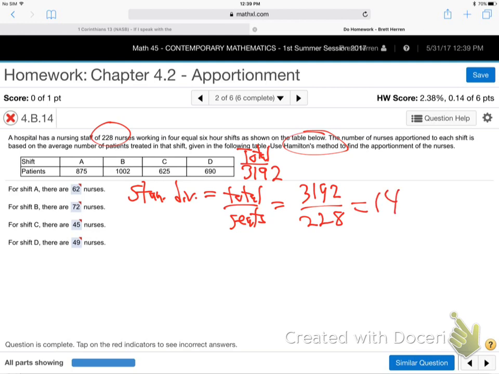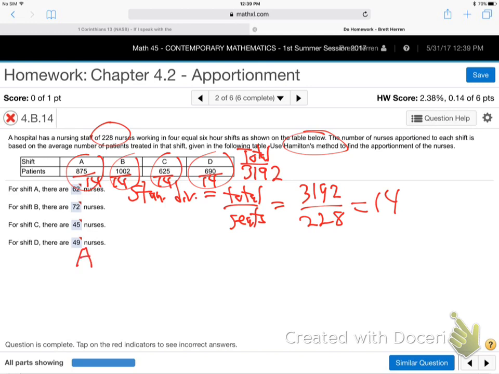So that means you go back and you divide each of these numbers. You divide by 14, divide by 14, divide by 14, divide by 14. That makes sense? So just write this out on your 3x5 card for the practice exam today and the real test tomorrow. I'd write out one example of Hamilton, one example of Jefferson. There's only 4 methods, right? Hamilton, Jefferson, Adams, and Webster. The presidents came up with these. So you just divide each of these numbers by the divisor. That's why it's called the divisor, right? Divide them each by 14.